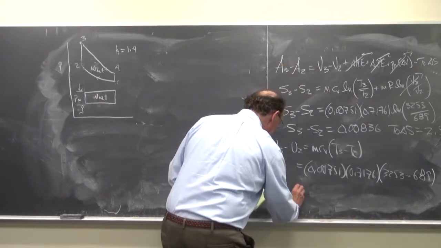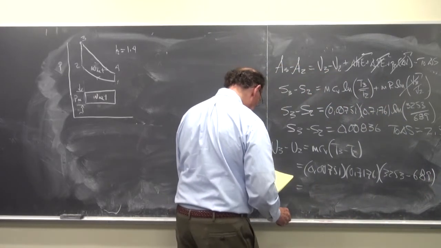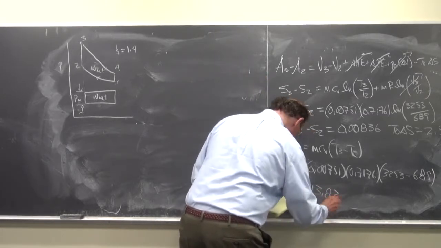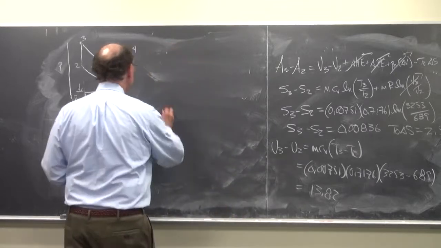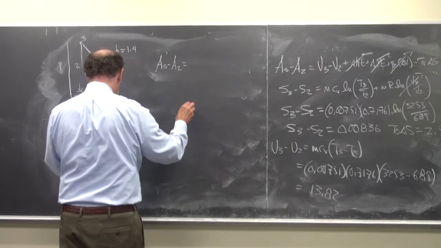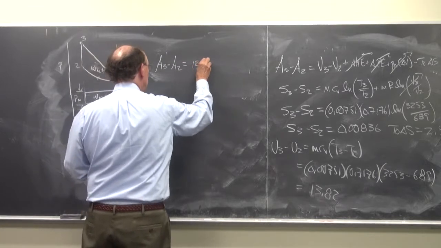This is equal to 13.82. And the availability A3 minus A2 is equal to 13.82